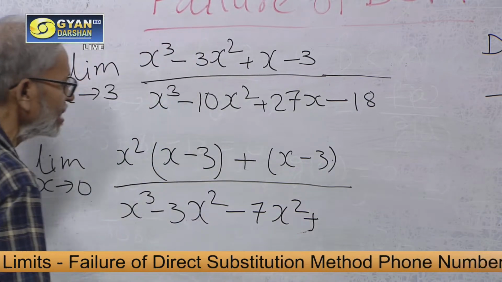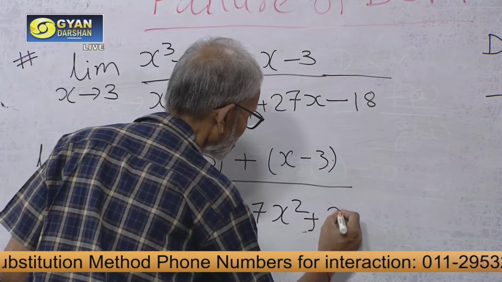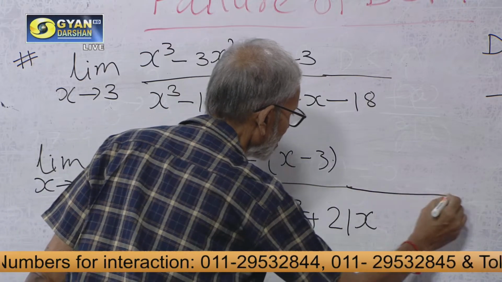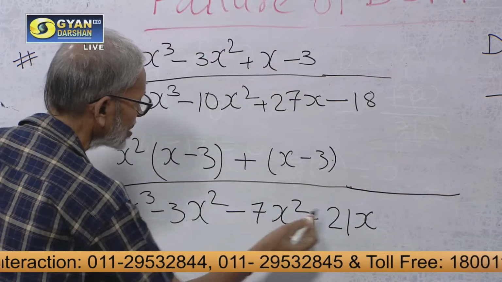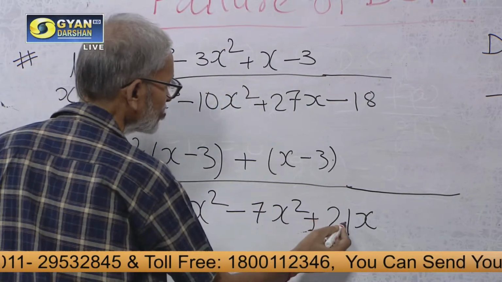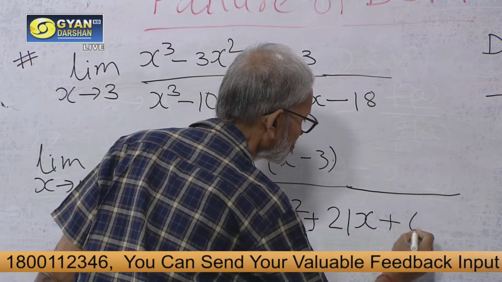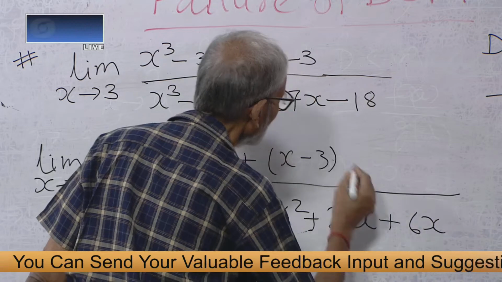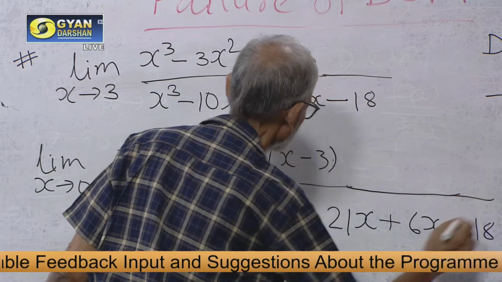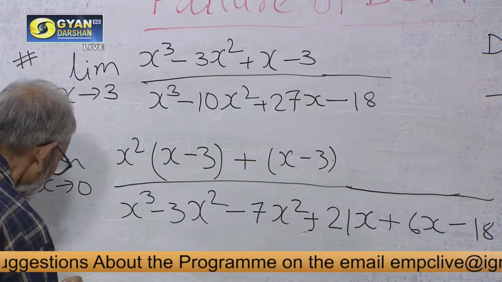So, we will then use 7 3s are 21, 21 x, because we have to take x minus 3 common here. 27 x is there, 21 x, so 6 x will remain minus 18. So, this will be equal to